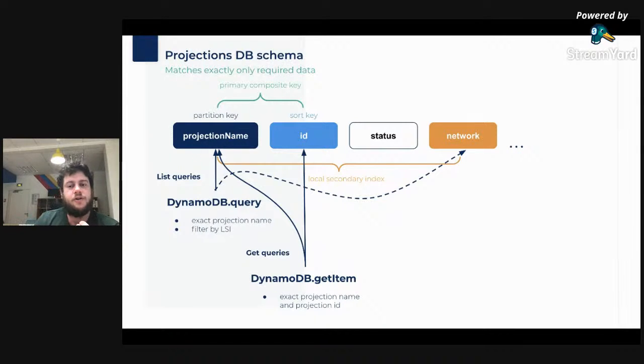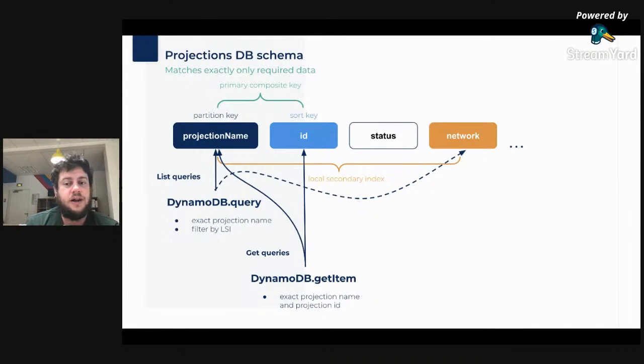When you want to recover a specific projection for a specific item, for example, the alert detail for the alert of ID 12, you will actually use a get item on this composite key with a projection name equal to alert detail and a sort key equal to 12.